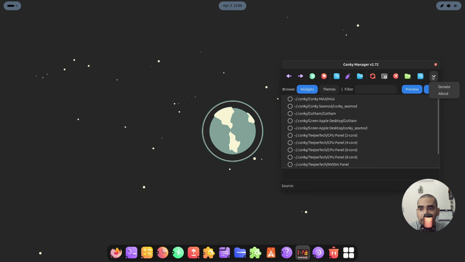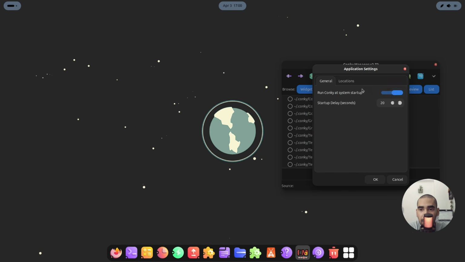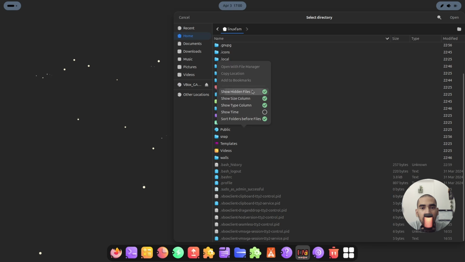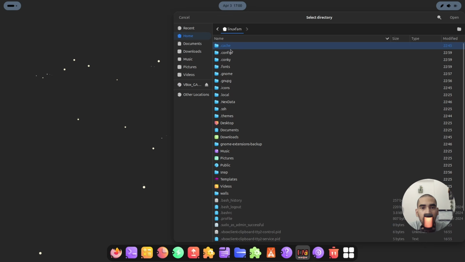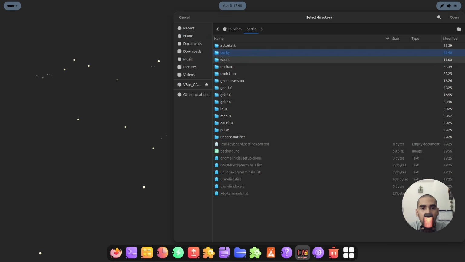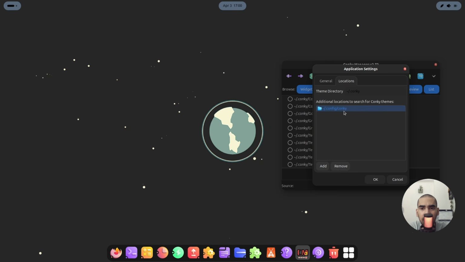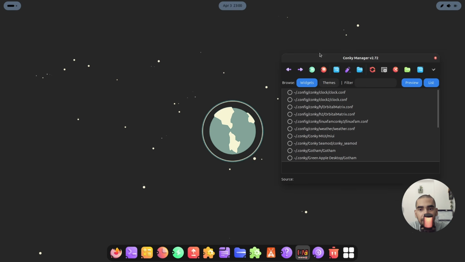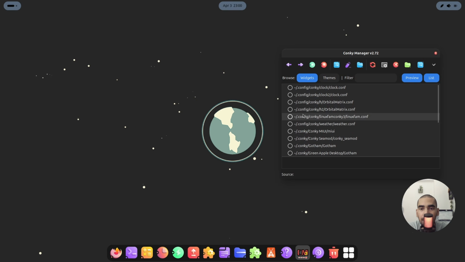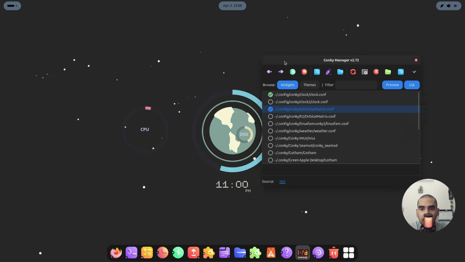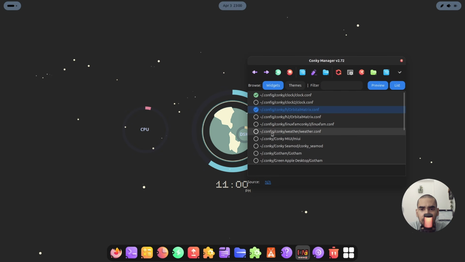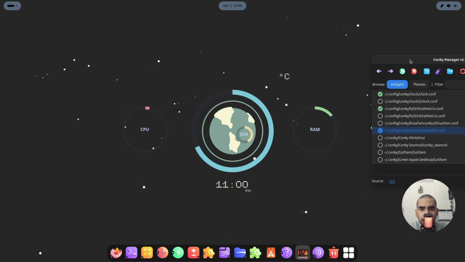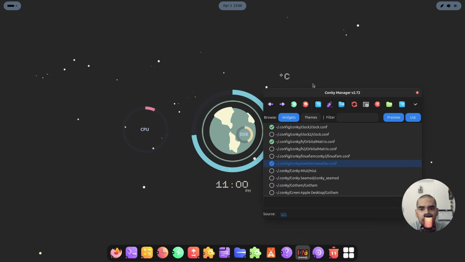But before that, I need to add the folder. So show hidden files, and then scroll up, .config, go inside and select Conky, click on open, and then select it again, click on OK, and then refresh, and then you're gonna find all of these Conky files. So first one is this one, clock, and then this one for the rings, and finally the weather. And let's see, give it a few seconds to show the weather,